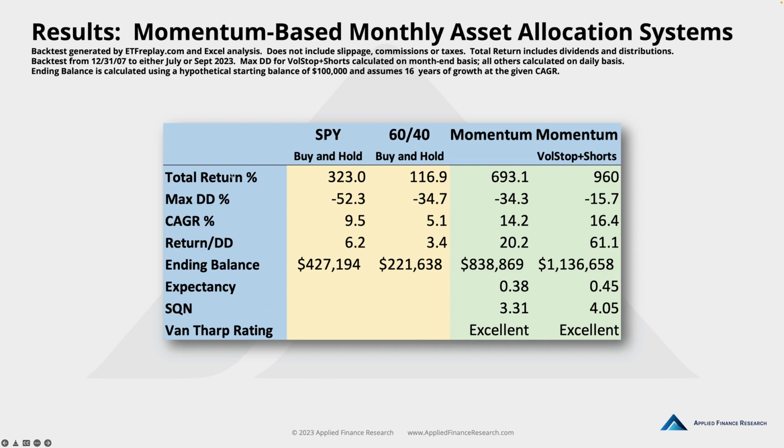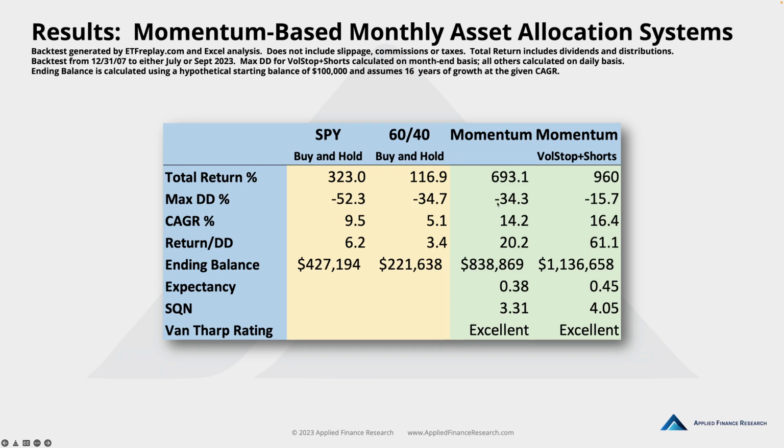For the first 5 metrics here, that's total return through ending balance, we see that the standard first generation configuration of momentum system beats the S&P 500 on all of these metrics. We see that for this period, the S&P returned 323%, while our standard first gen configuration of momentum system returned 693%. The S&P had a max DD of minus 52.3%, maximum drawdown that is, and the system had a maximum